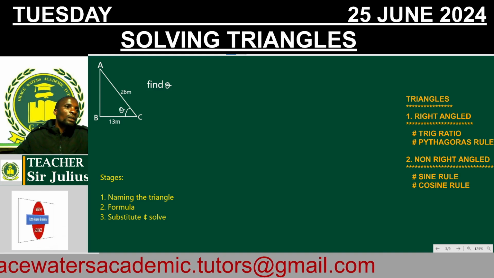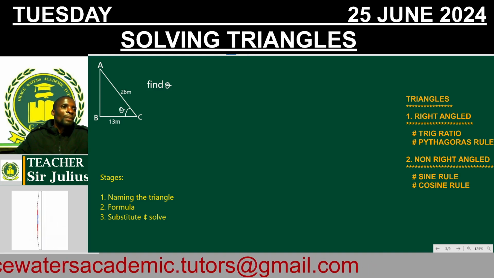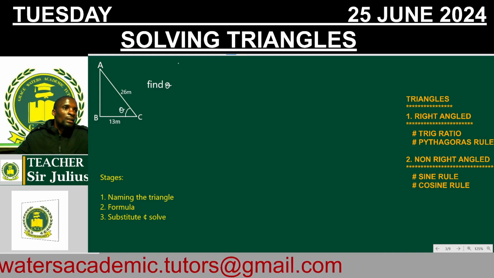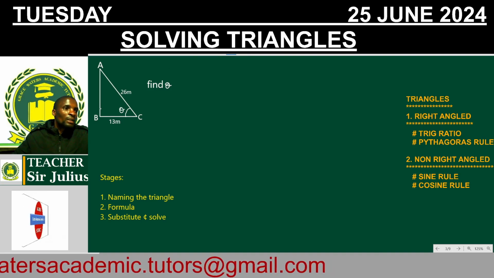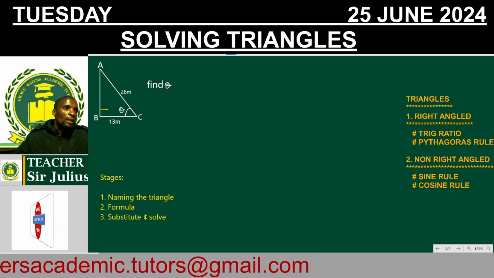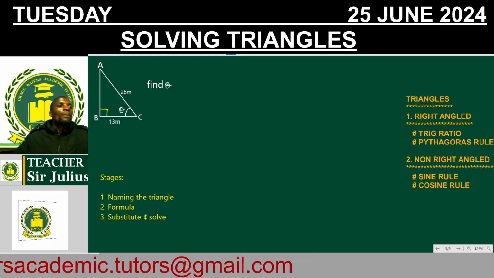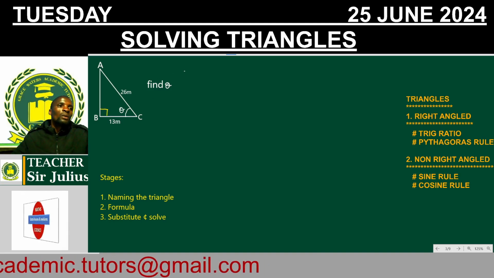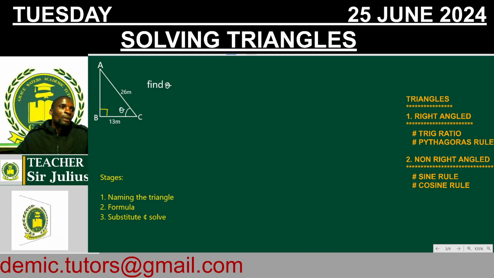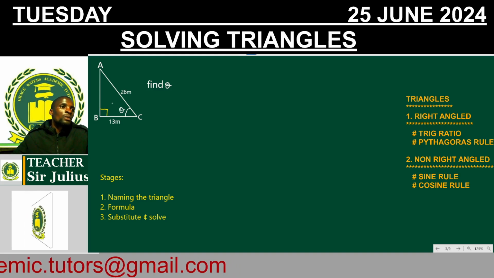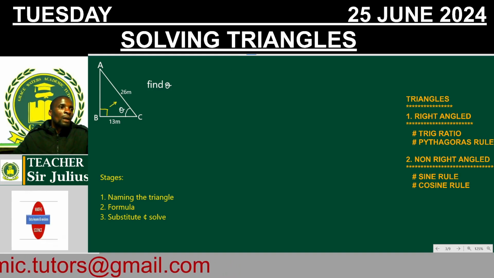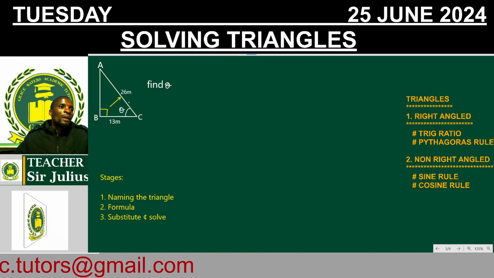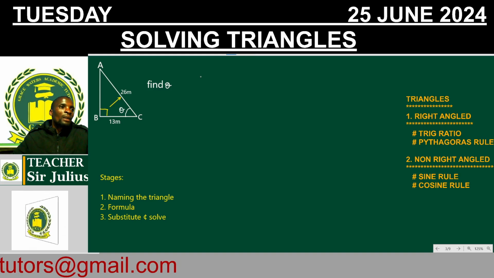Oh, sorry for the fact that I haven't put this thing. Sorry for that. I was thinking everything is in order. The question was supposed to be having this angle, because without this angle we cannot say we have a right angle triangle. Okay, so the first thing is we need to identify our hypotenuse,